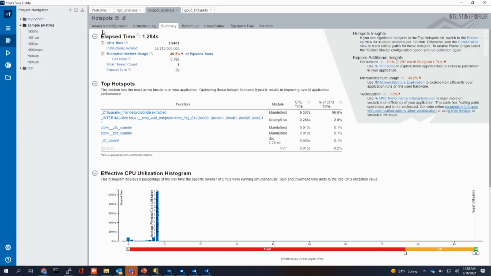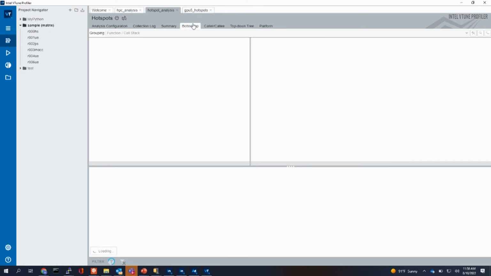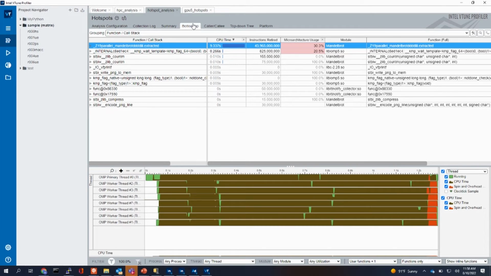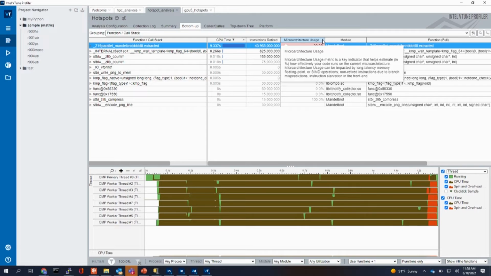But as we go in here, look at our bottom up. As you can see, microarchitecture usage is being flagged. Let's try expanding that. As you can see, these little carets here at the end,